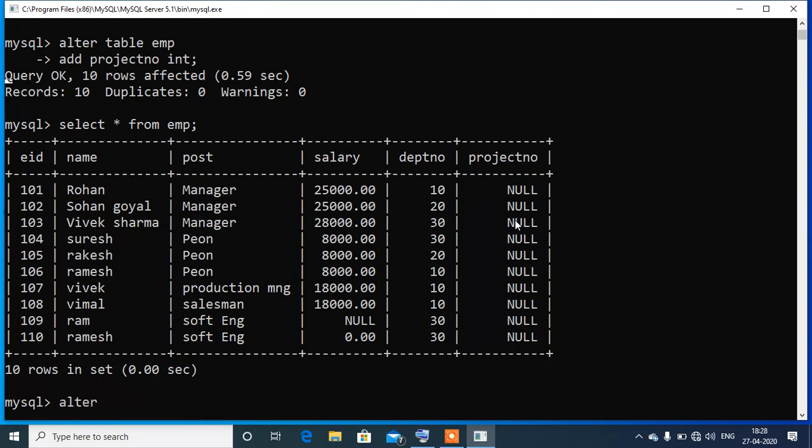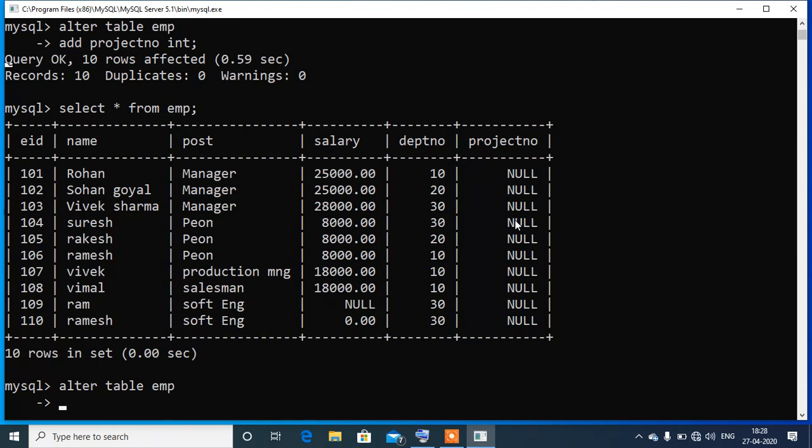alter table, table name, change, old column name, new column name, and then data type. By the use of the change statement, we can do